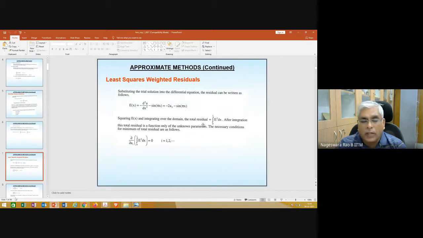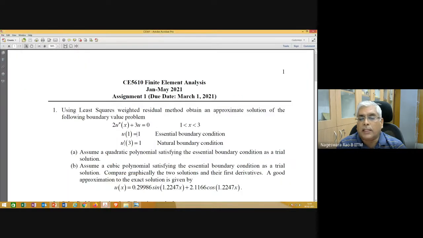Okay? But when you have natural boundary condition, you are going to have, because u is approximate. Whatever u we are seeking, it's approximate. So even in the natural boundary condition, you are going to have some error. It's not going to satisfy exactly. So you need to do similar kind of error function. Error function is nothing but u prime, that is first derivative of u with respect to x, evaluated at x is equal to 3, minus 1. That is going to be your error function associated with the boundary.